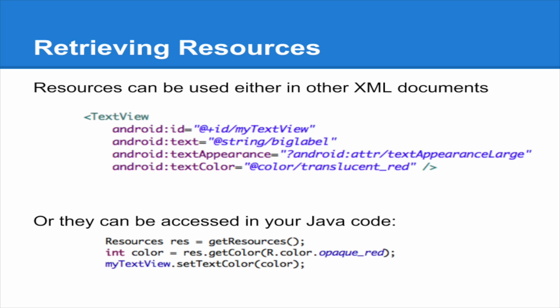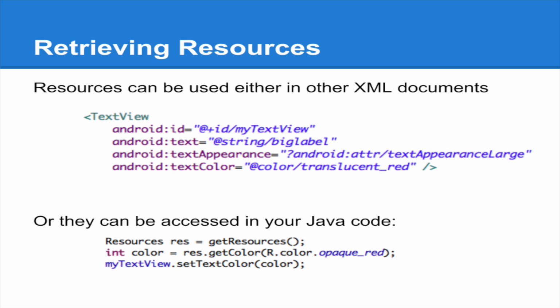Now, accessing it in Java is a bit more difficult. The way it works is when you compile your Java code, it creates a special class called R. Okay? R for resource. You don't do anything about it. It's automatically generated for you, this special class called R. And every single resource is referenced from that R file as a class method or class property. So you can see, look,